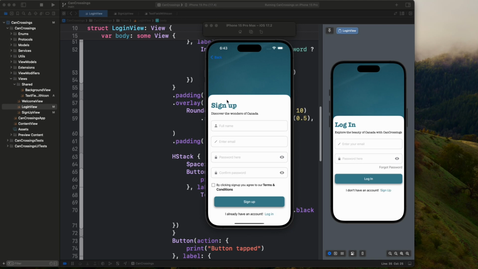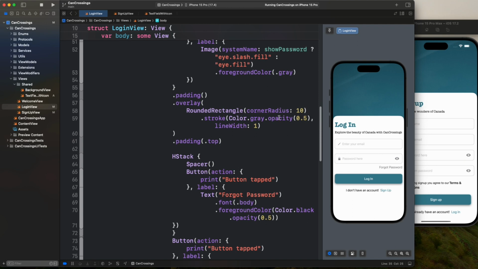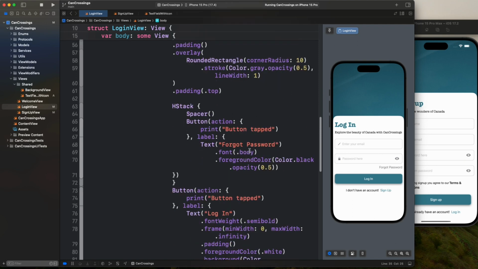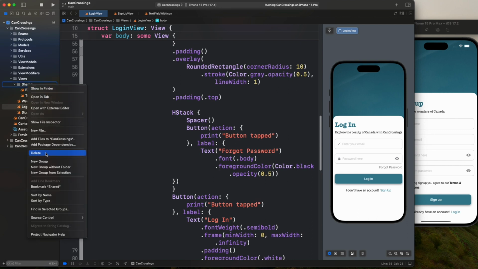In this video, we will see how we can add this password text field and also this confirm password, okay? So let's put this guy here, and what we can do, we can simply copy what we have here on this login view, okay? But as we already saw in the previous video, we don't want to duplicate our code, okay? So what we can do, we can come on this share folder, and we want a new view,